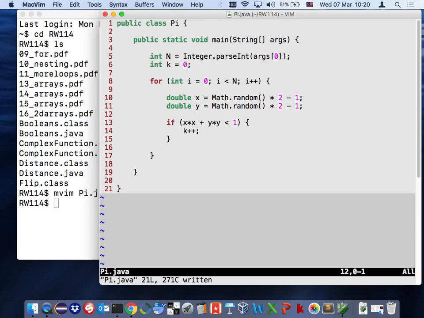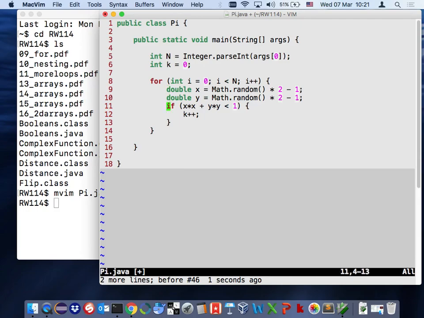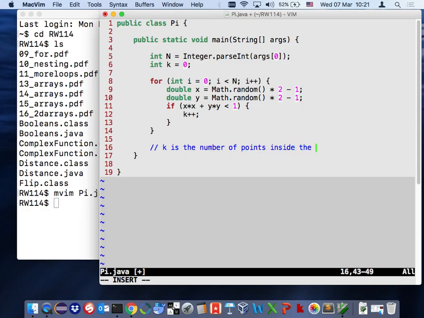So I can make my program a little bit faster and a little bit clearer if I forget about the fact that I have to take the square root for distances and work with the fact that I can square both sides and still get the same answer. So what I'm really asking here is whether the square of the distance is less than the square of the radius. But this also implies that the distance itself will be less than the radius. So if it's less than 1, I increment k, my count. And at the end, I have that k